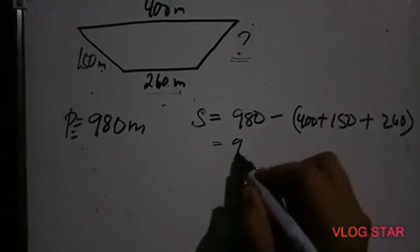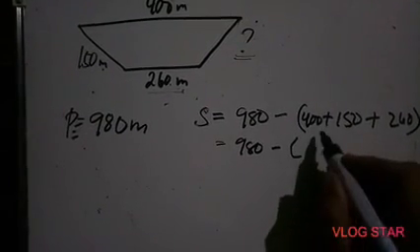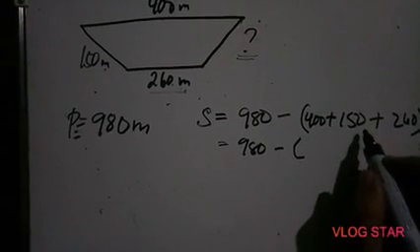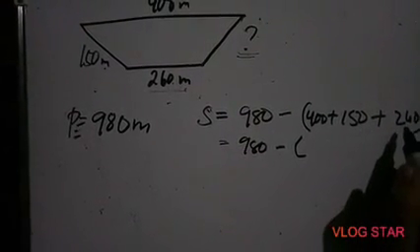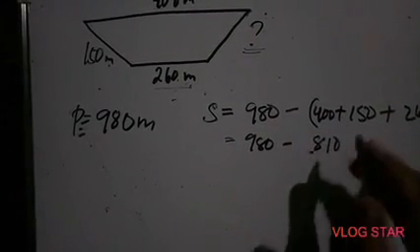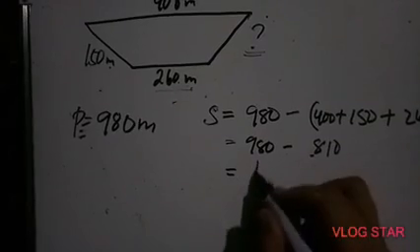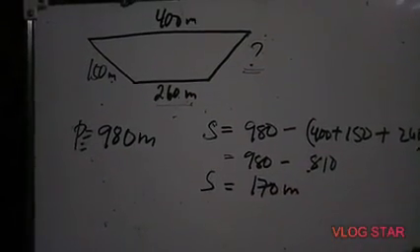So 980 minus, 400 plus 150 is 550, plus 260, 810. So 980 minus 810 is 170 meters. So the fourth side is